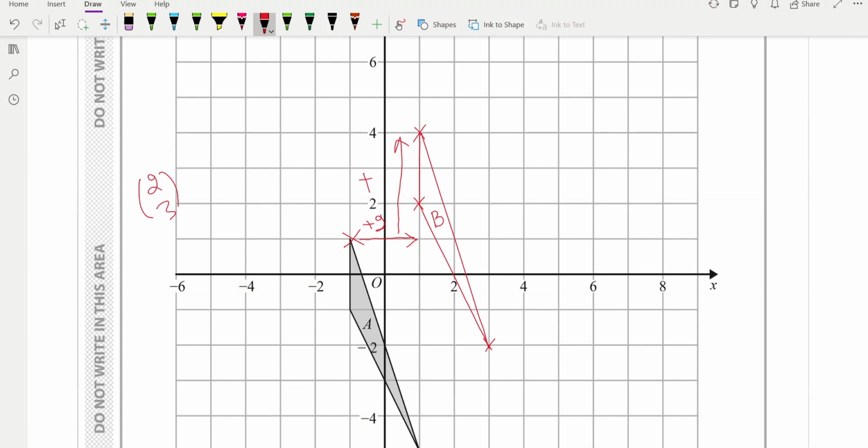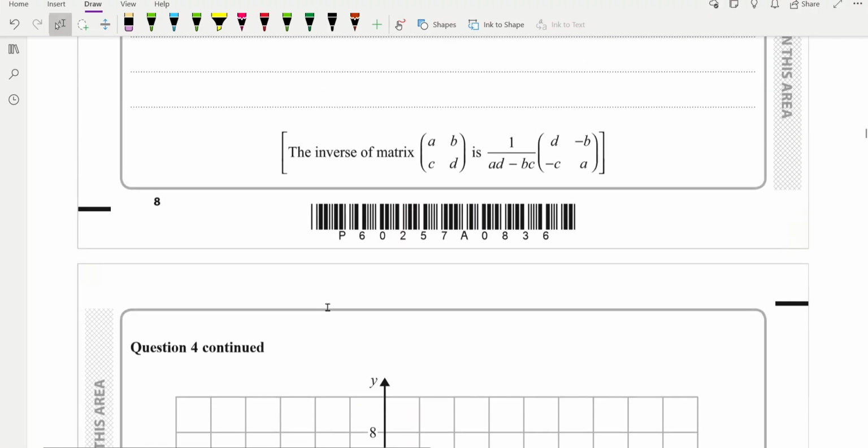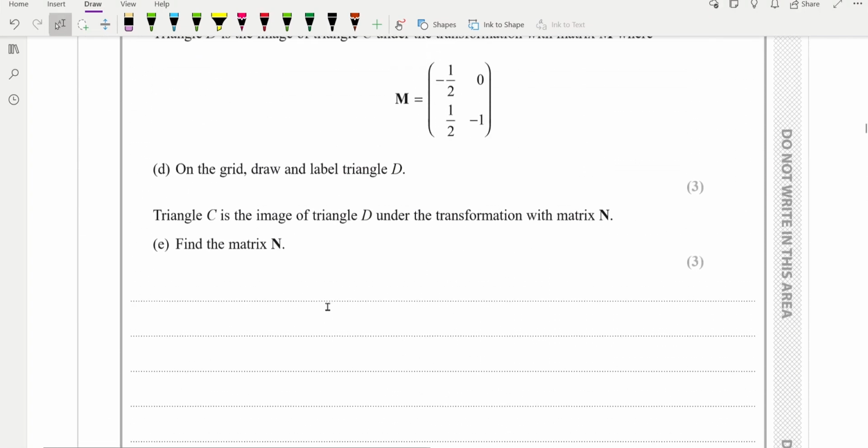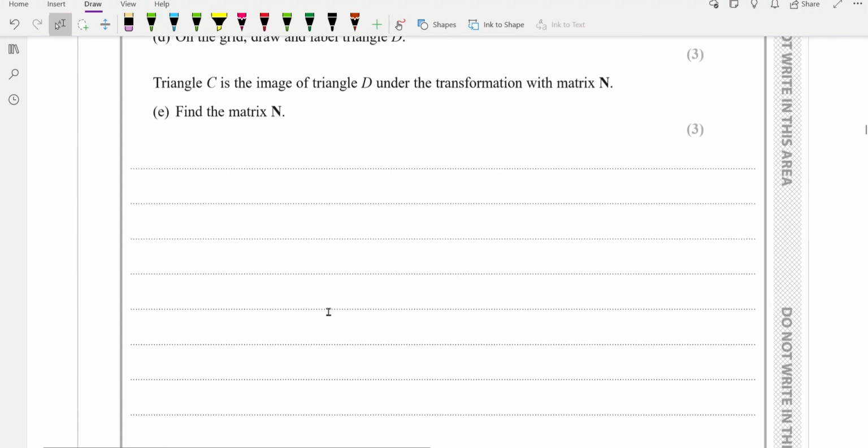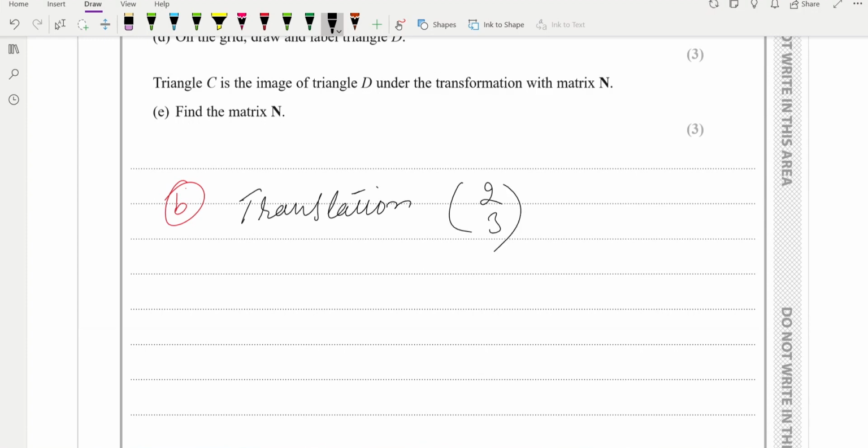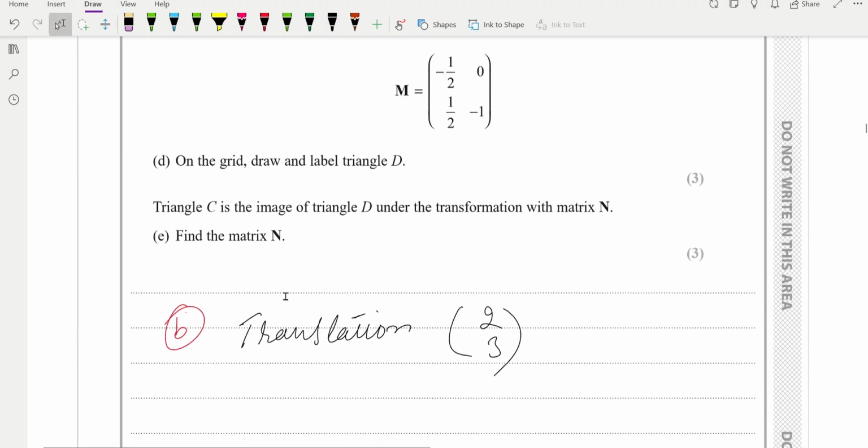So now I will erase and we will write the answer at the proper location. This was just your explanation. So now we can write the B part. The answer for part B is translation with the vector 2 and 3. That's all. And then C part,